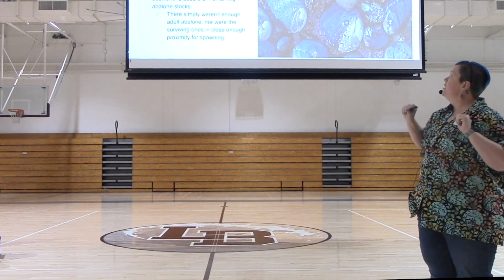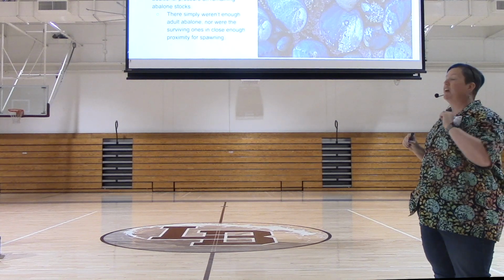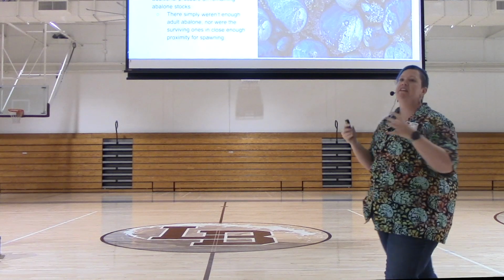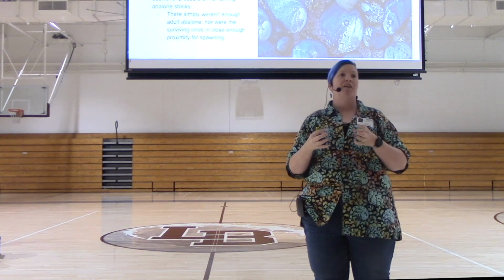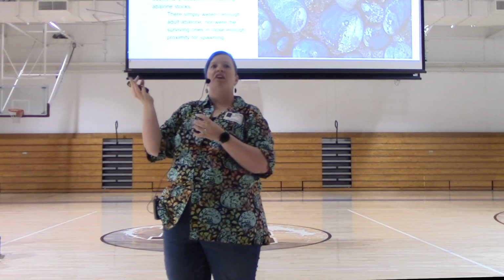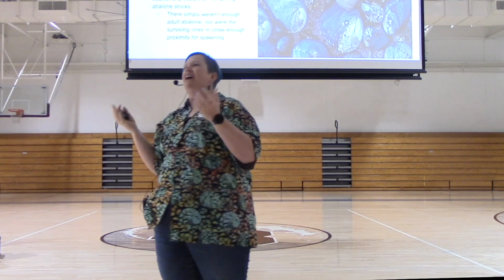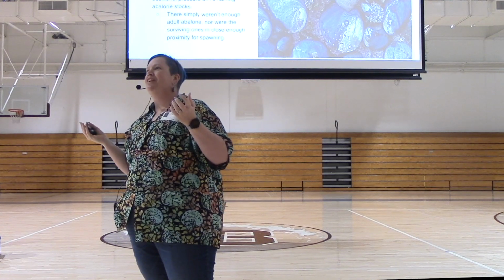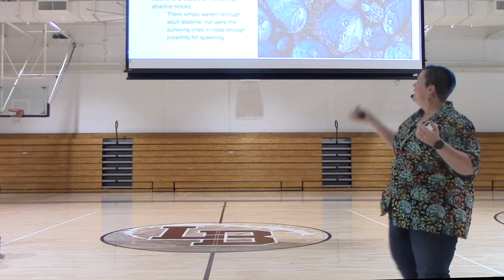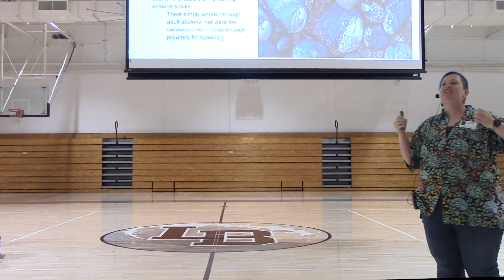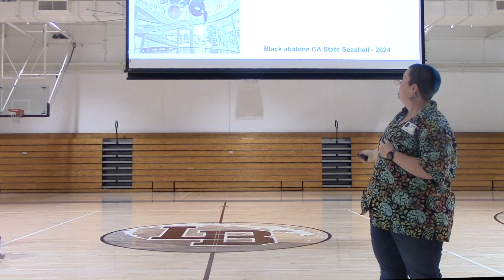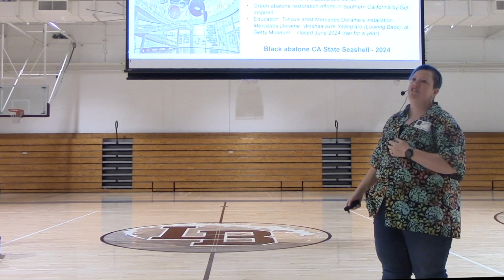Okay? Sea otter numbers are starting to increase because of their protected status. So this is also affecting the already small population of abalone that we have. Already there's a small number of abalone, and we're increasing our number of sea otters that are also eating abalone. But how do you tell the cute natural sea otters, hey, you can't eat that? Okay, it's really difficult to do. So we don't. Simply, we just don't have enough adult abalone to recruit and spawn to make our babies. So having awareness and restoration efforts.